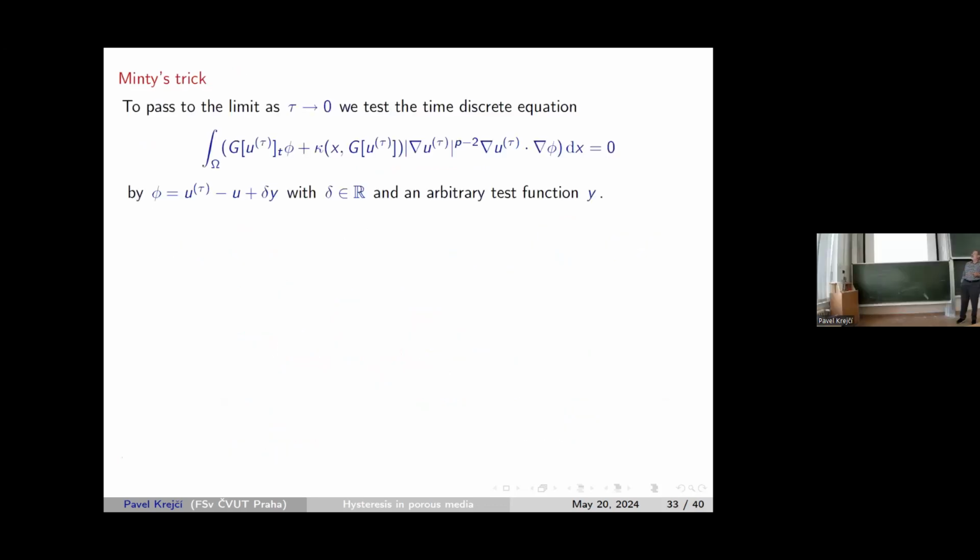And now, to pass to the limit in the equation, we proceed in the standard way. The idea is to test by the test function phi, which is u tau, the approximate solution, minus u, the limit in the space L1, for example, but it can be the limit in every Lp because the functions are uniformly bounded, they converge strongly in the Lp space, plus delta times y, with some real parameter delta and an arbitrary test function. Now, the idea consists in exploiting the monotonicity